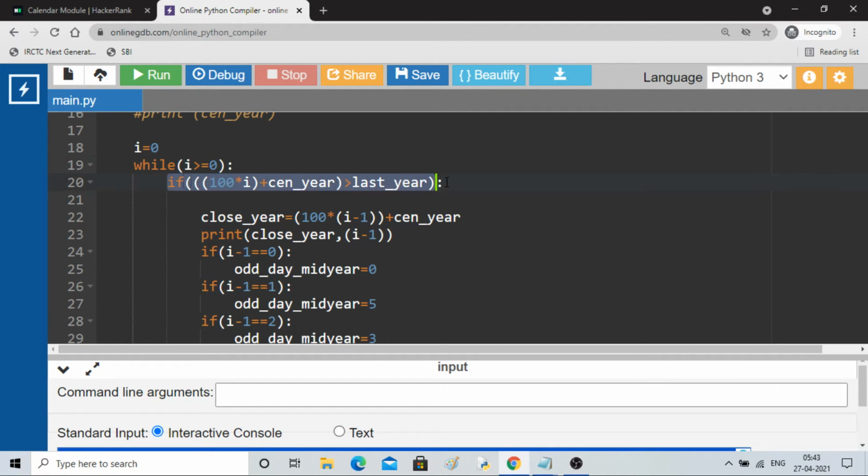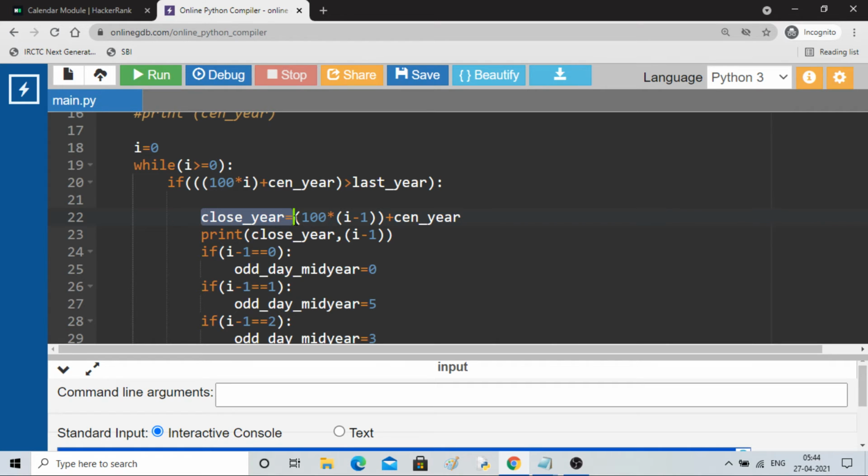Here it checks this if condition: century year plus 100 times the i value. It keeps increasing, the next year, next to next year, like this. This is the second step, if you remember, and it checks whether it is greater than your last year or not. When this condition is passed, it will store the close year.